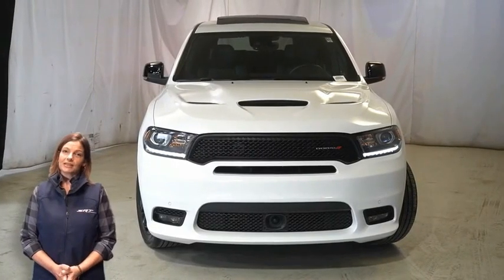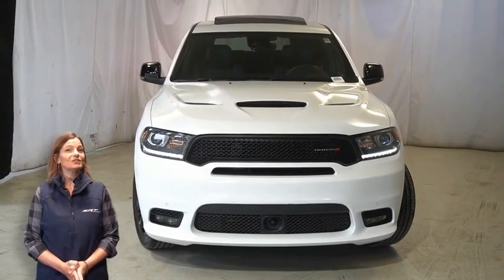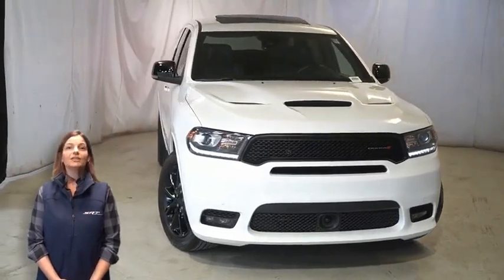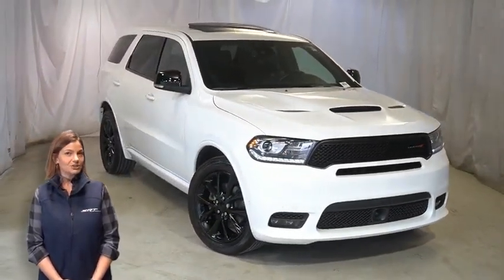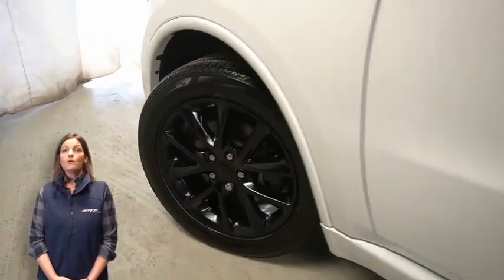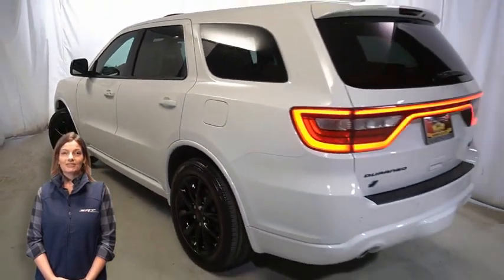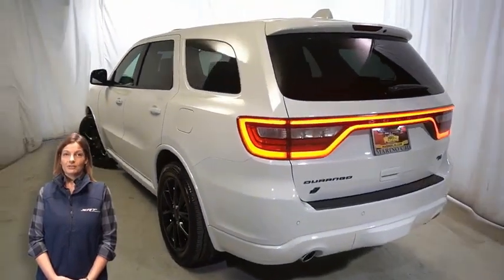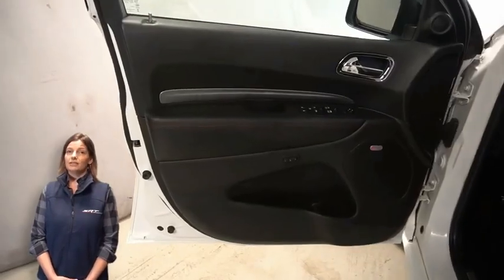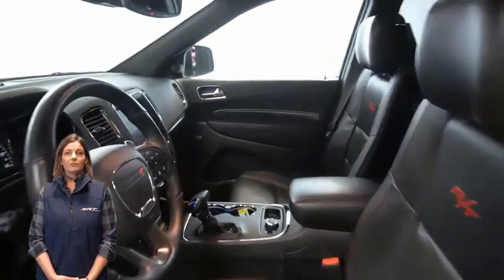Power, performance, capability, and capacity allow you to take on new challenges and adventures. Take a look at this certified pre-owned 2018 Dodge Durango RT Blacktop Edition in White Knuckle, with HID headlamps, premium LED fog lamps, 20-inch aluminum wheels, lane departure warning plus, LED tail lamps, heated and ventilated front seats, heated steering wheel, 34,000 miles on the odometer,